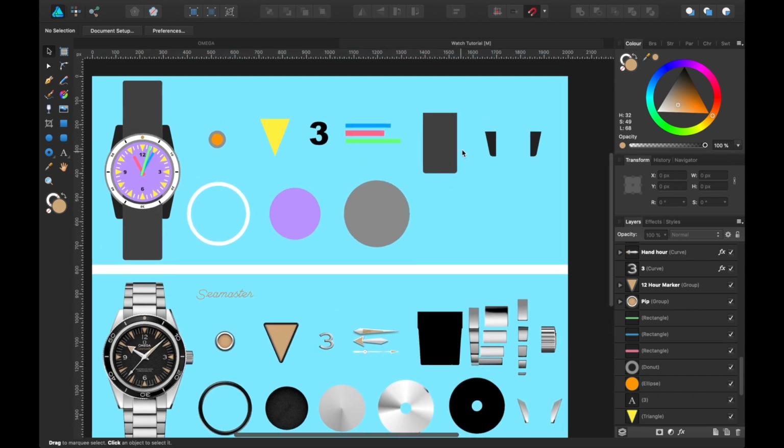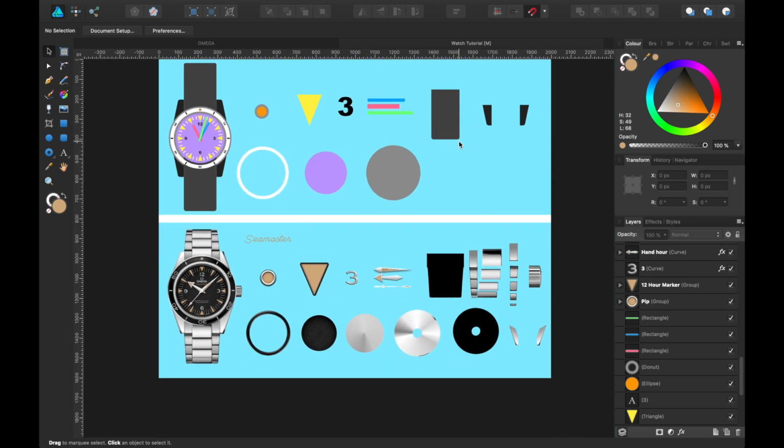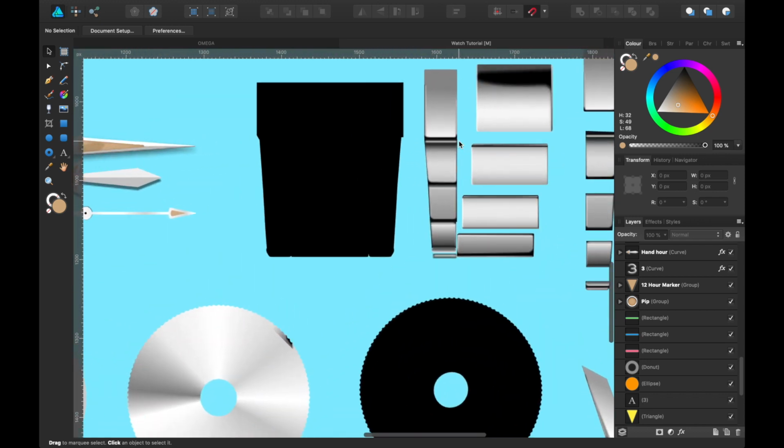And if you recall, I was saying how I made the strap earlier and how I was placing each link within the strap. Here's the strap, and this is the background. I basically traced around a photo of the watch just to get the sides.